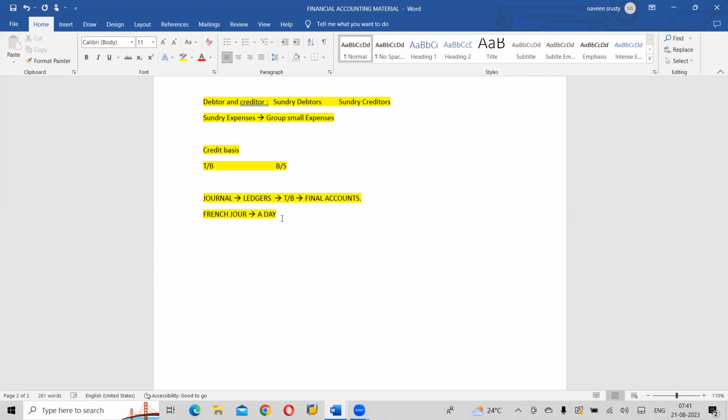Books in the sense, don't go with the manual books; here also we call it books in ERP. So we normally maintain two books. One is to record day-to-day transactions, and one book to maintain individual accounts. Whenever a transaction takes place, first we record day-to-day transactions in a book